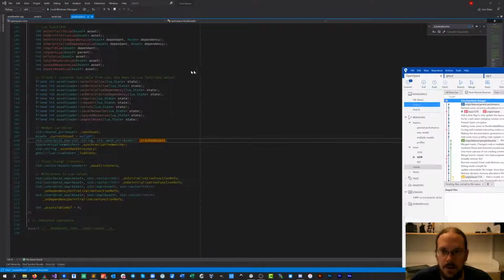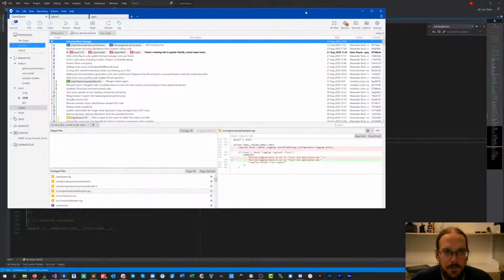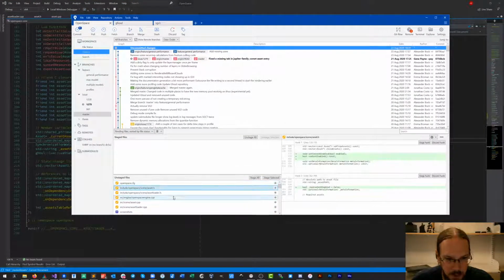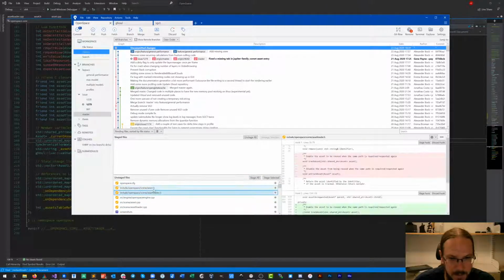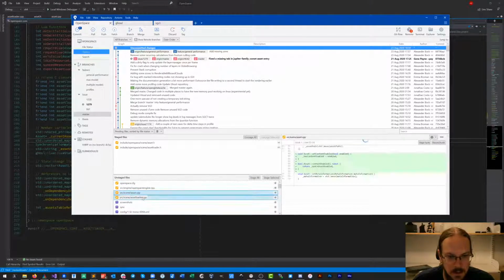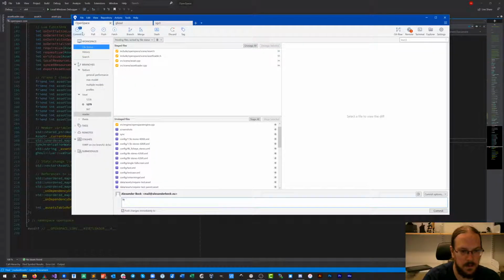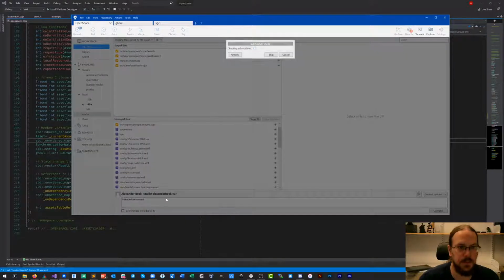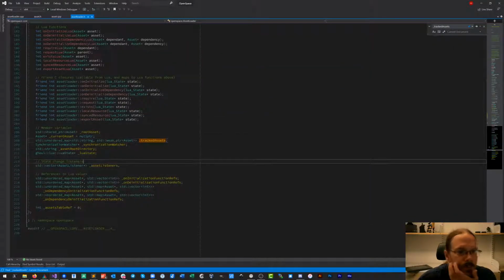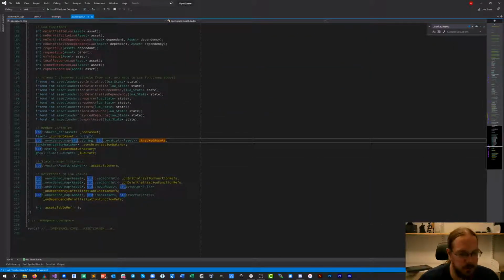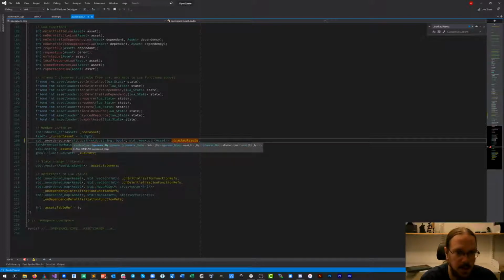Let's just make a safety commit for now, because we have something working and that's kind of nice. No need to push this to anyone. There we go. So what we want to do is, instead of just looking our assets up by string, we want to look it up by string and by Boolean.